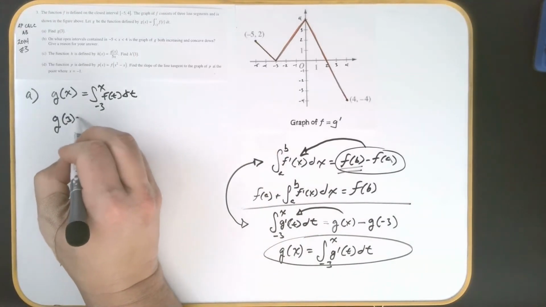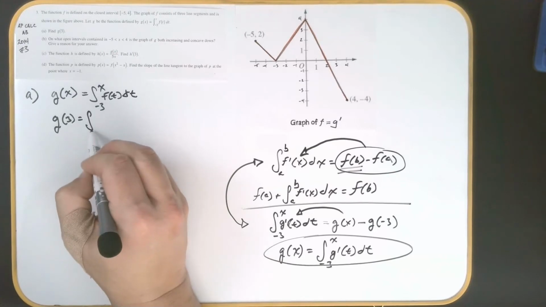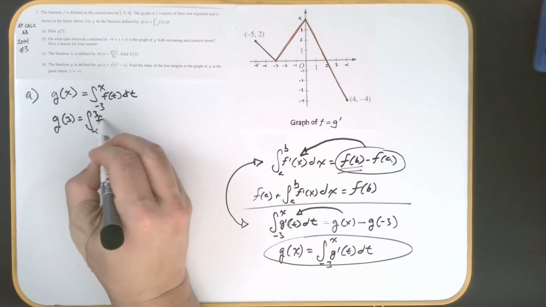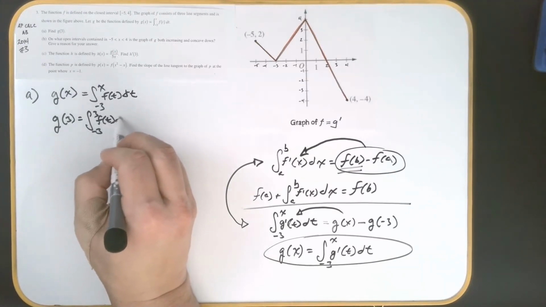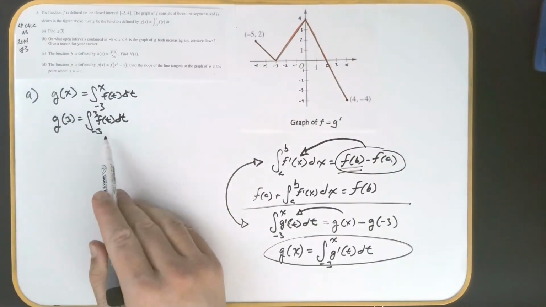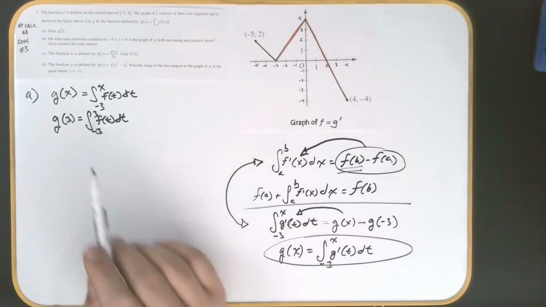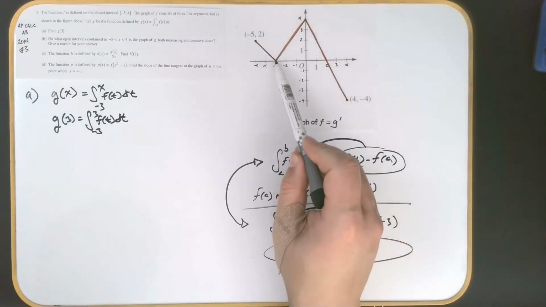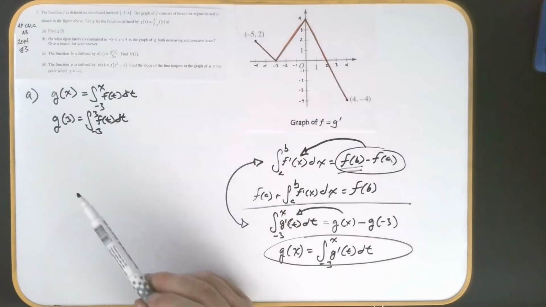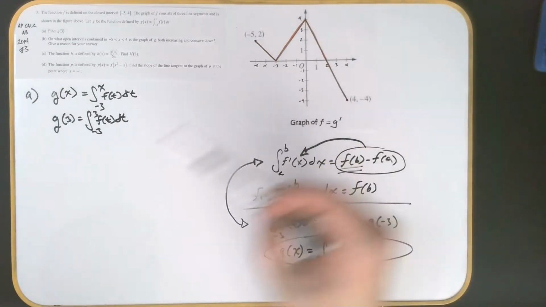Well, I'm just going to put in g of 3, and integrate from -3 to 3 of f of t dt, which means it's a geometry question. So I already have the -3 there, so I'm going to go to the graph. I'm going to go from -3 to +3. Well, I have this big triangle right here,